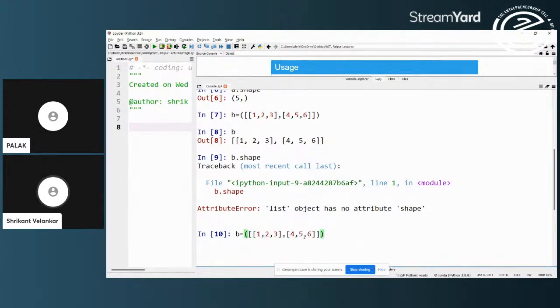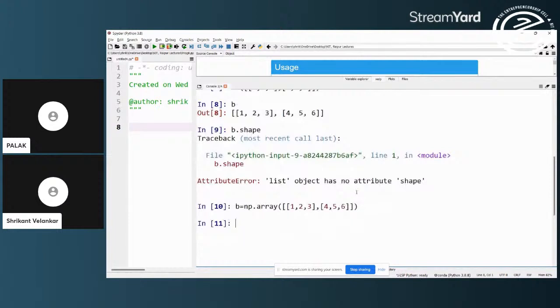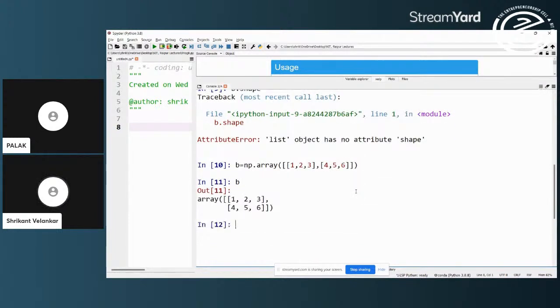I want to make this into a numpy array, so I must say np.array. Now it is correct. So what is B? It is array 1, 2, 3, 4, 5, 6. Now it is depicting it correctly.